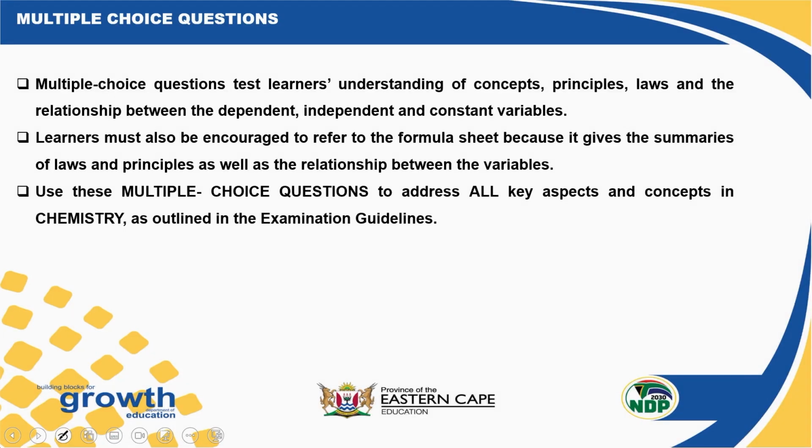In multiple choice question 1, it tests learners' understanding of concepts, the principles that physical sciences talks to, the laws, and the different variables that learners were taught: your dependent, independent, and constant variables. So learners at all times should make use of the formula sheet. It gives a summary of laws as well as the relationship between variables. Now, the multiple choice question addresses all key aspects and key concepts that chemistry outlines from the